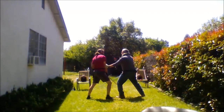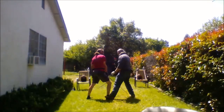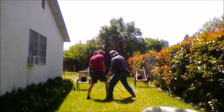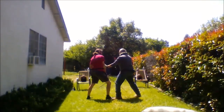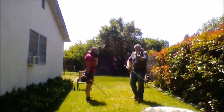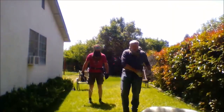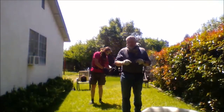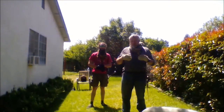This position here, this is what we're going to see in the manuscript. The difference is that in the manuscript you see his foot like this. I don't need to be that close to make this work. It breaks the position of my wrist and makes me weaker. So what I want you to look at is the position of the bodies, not necessarily the distance of the bodies,